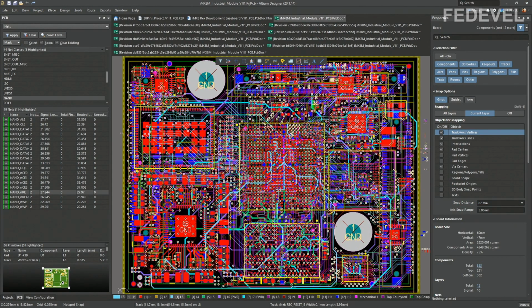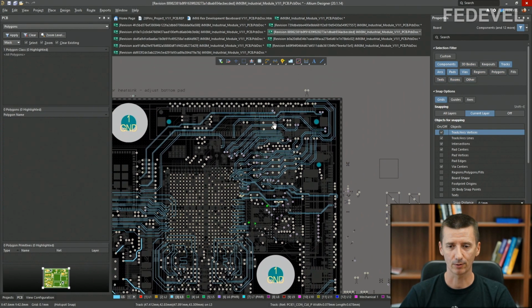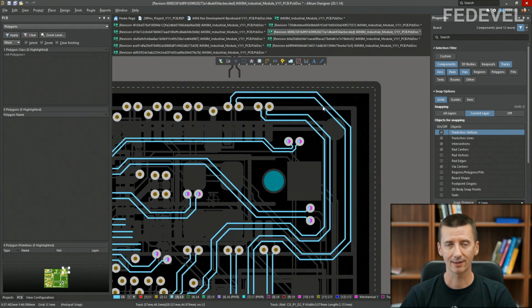And when we are speaking about these spaces and distances, here is another tip. I'm going to open this revision of the board. I'm going to zoom in, and you will tell me what we would like to improve here. Do you know? These tracks are routed too close to the board edge. Why don't we want to route so close to this board edge, do you know?